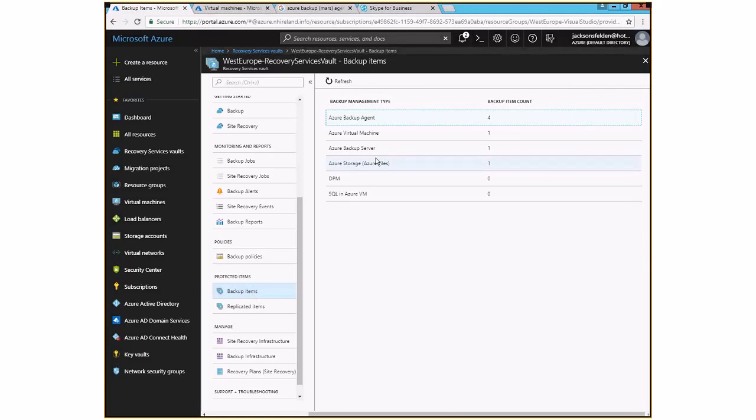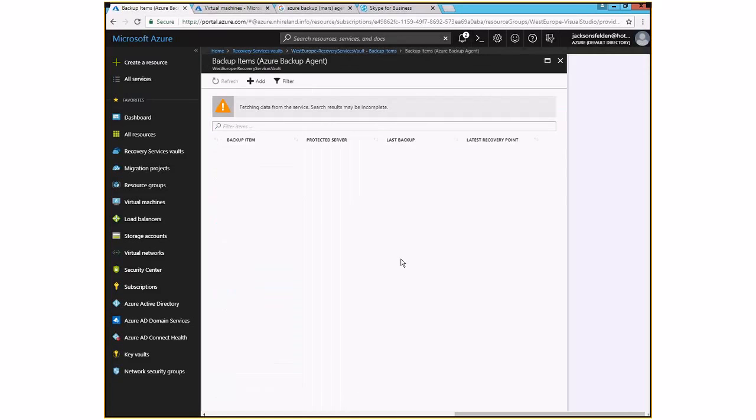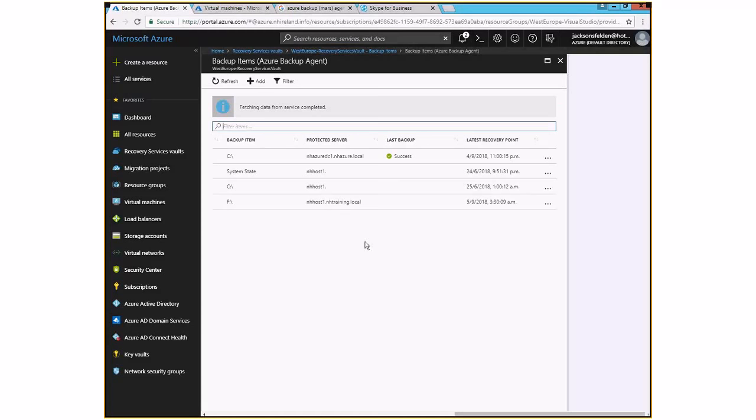This is the place for you to go and actually see what you have backed up already. If I go to the Azure Backup Agent, for example, I will come back to this screen later on.